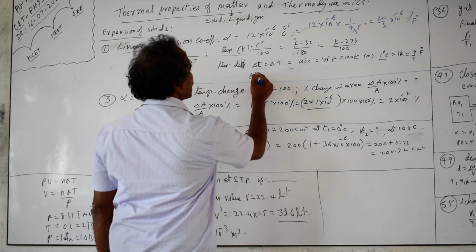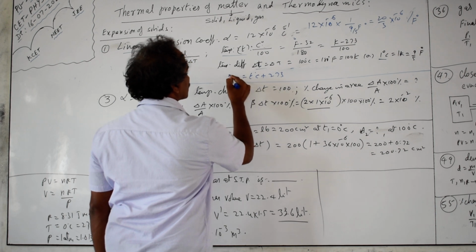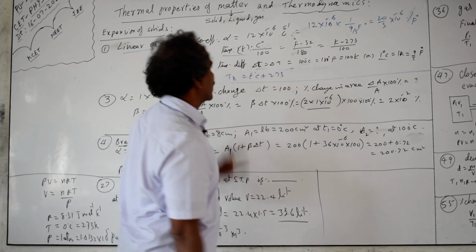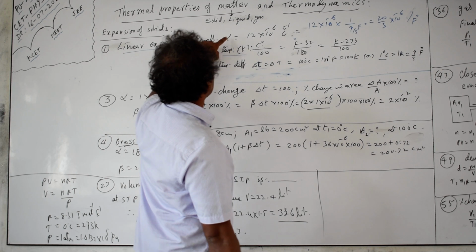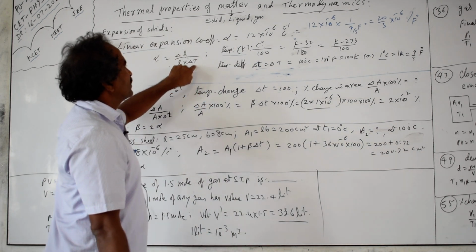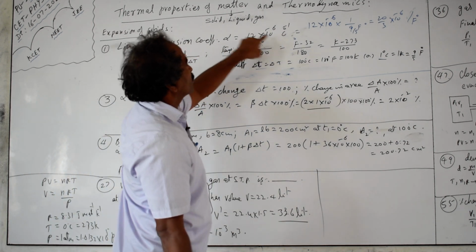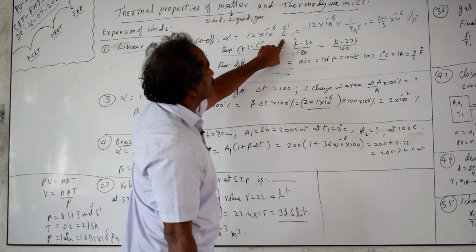If you want to convert the centigrade scale into the Kelvin scale, centigrade plus approximately 273 is equal to the temperature in the Kelvin scale. In this case, you are taking alpha, so temperature in Kelvin comes in the denominator, the temperature difference. So for Kelvin scale and centigrade scale it is the same: 12 into 10 to the power of minus 6 per degree centigrade is also equal to 12 into 10 to the power of minus 6 per Kelvin. But Fahrenheit is not